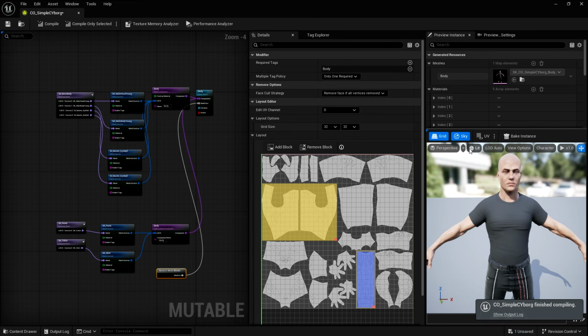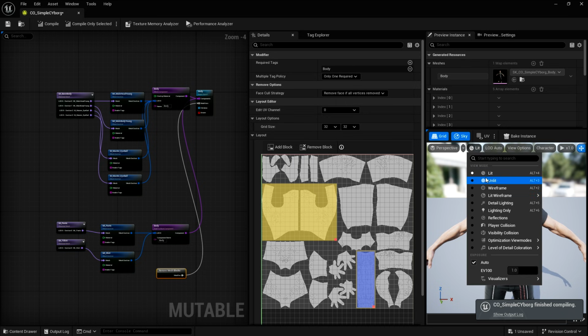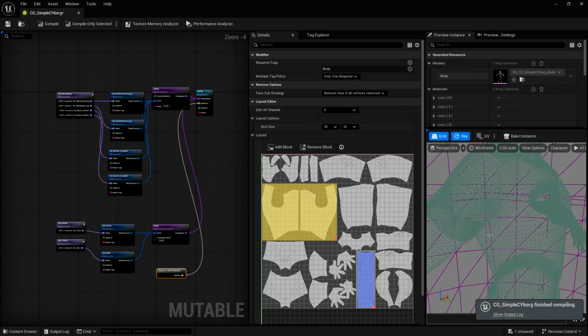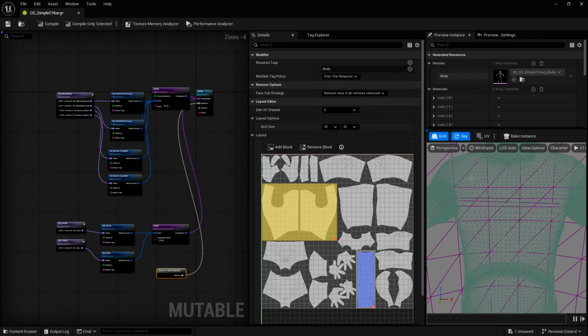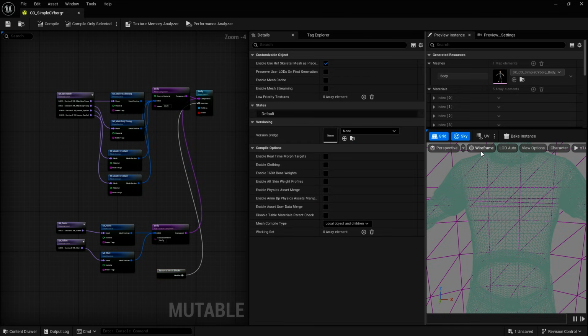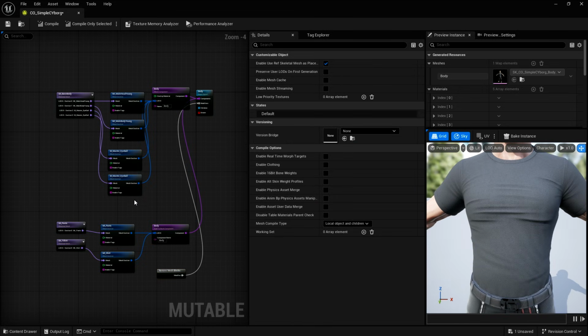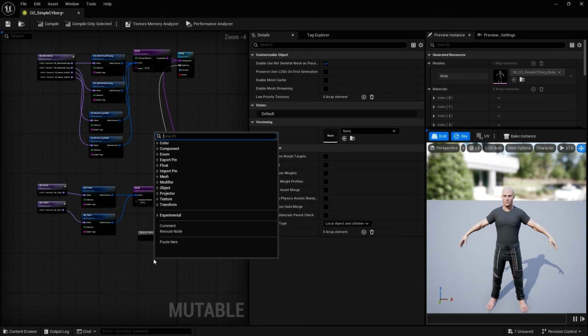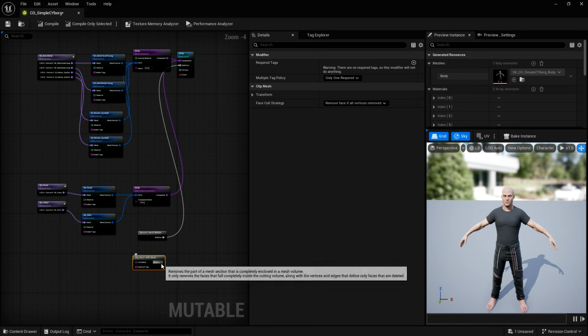And what this does is it's not doing anything with a material or anything like that. It's literally removing the polygons from underneath the mesh. So you can see the arm kind of goes there, and the legs are still there, for example, but the chest is missing. So that's one way of removing the mesh. Another way that's probably a little bit more efficient is called a clip mesh. So clip mesh with mesh,